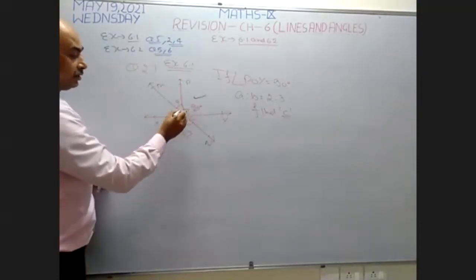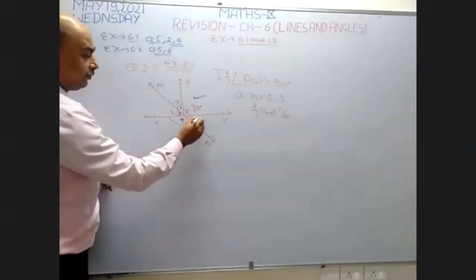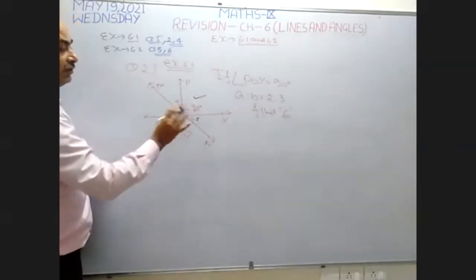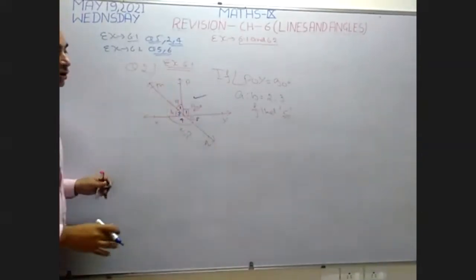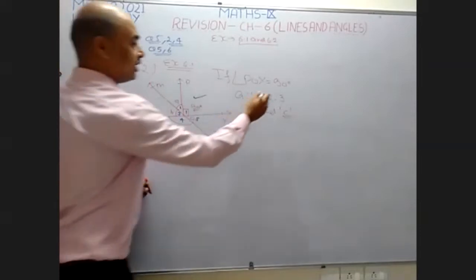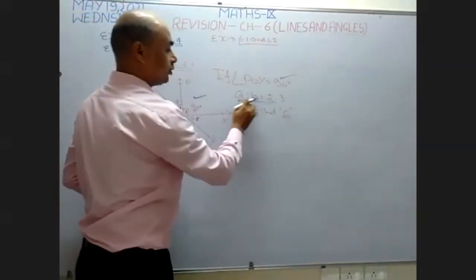Now, see what I am going to write here. I write here 1, 2, 3, 4, and 5. I convert this complete figure into 5 angles. This is the first angle, second, third, fourth, and fifth. Okay. Now, what is given? This angle is given. Now, I want to use these two angles. The ratio of these two angles is given.